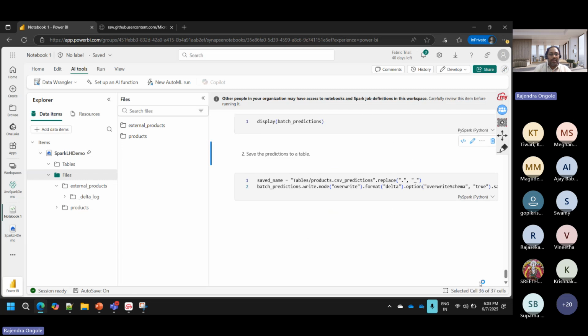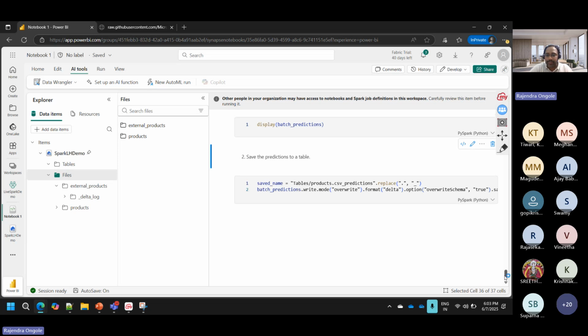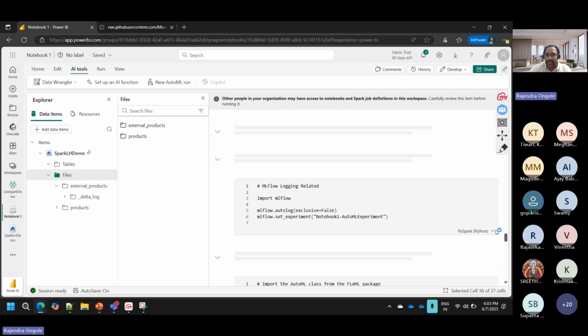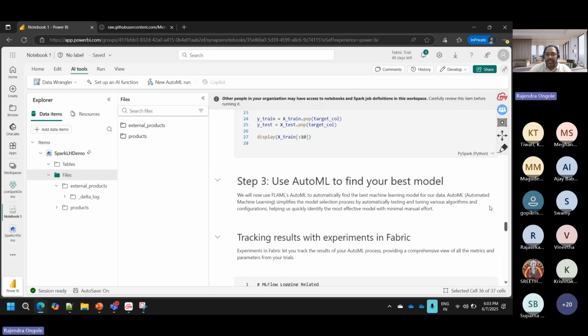All the codes you have to execute one by one as per your understanding. I mean, if you want to understand each and every code, or if you want to execute all the statements at a time, you can also use the run all command as well, instead of executing each and every individual cell here. These are the code which has been generated. So as I said, it is a